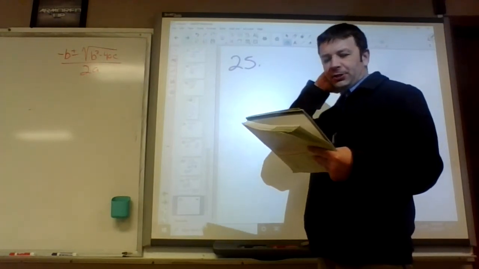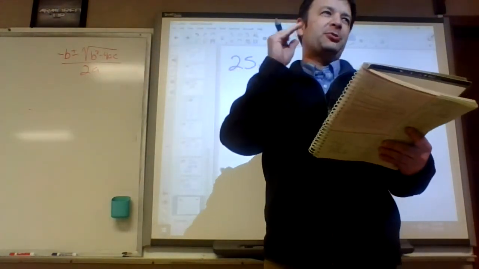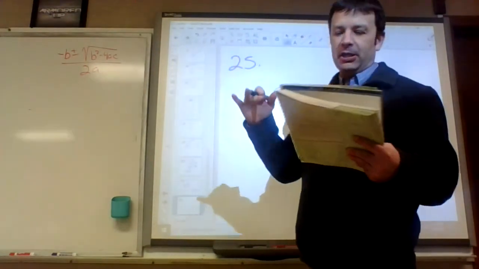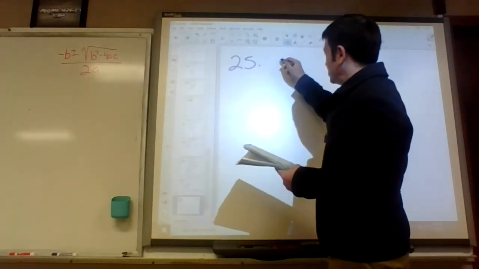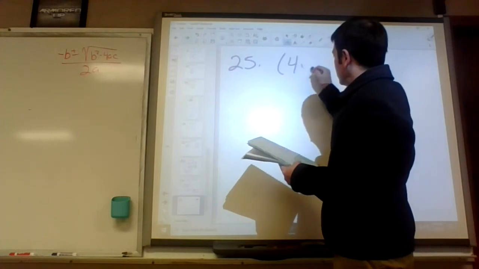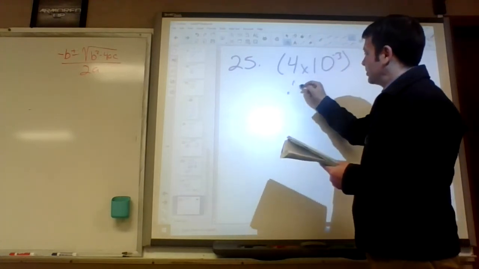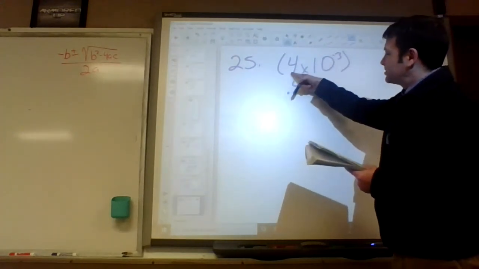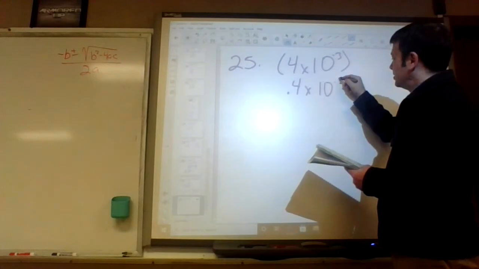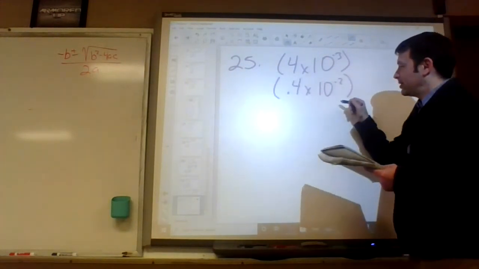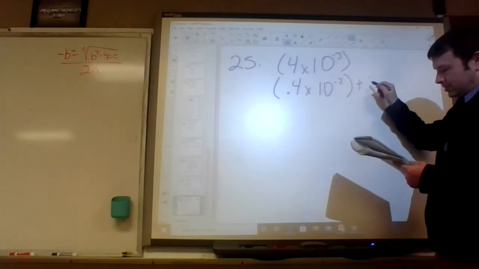if I change 4 to 0.4, that's 1 move smaller, right? So I get to make my exponent 1 move bigger. So I'm going to change 4 to 0.4, and then if this gets smaller, this gets to get bigger. What's bigger than negative 3? Negative 2. Now I have like terms. Now I can subtract. No, 25 is add, sorry. Now I can add